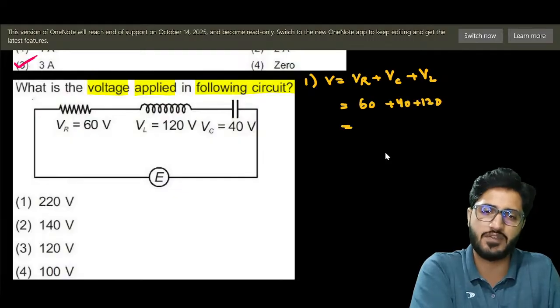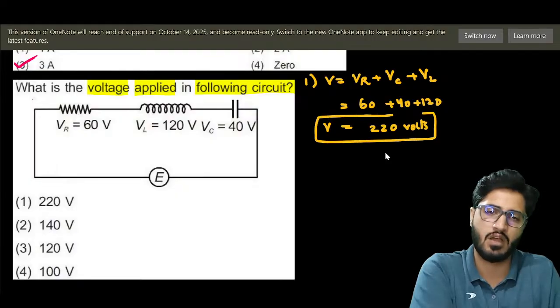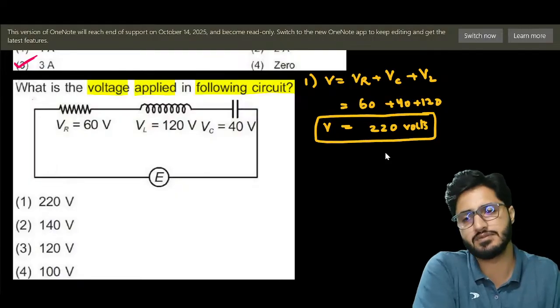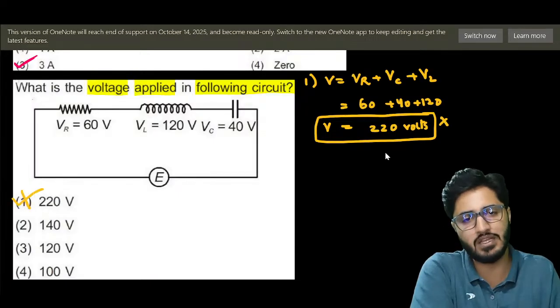So you can write my answer came out to be 220 volts, right? So you can write this answer, I hope you will write this answer. So you will tick on this one, but it is incorrect. Do you know why? Look,